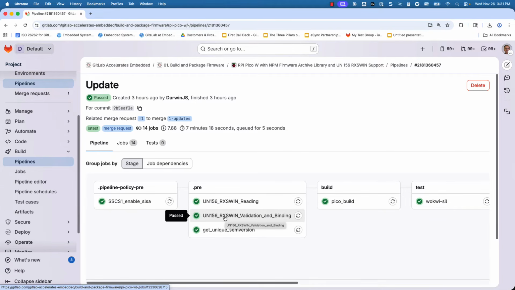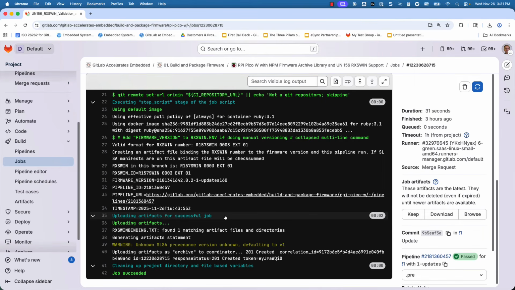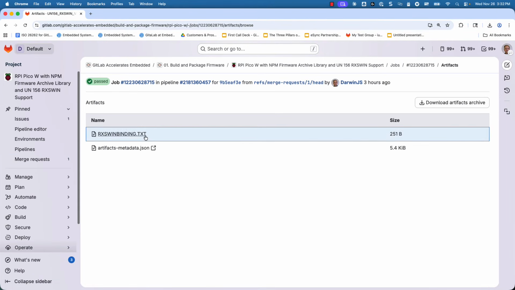Then we also do some validation. So we make sure it's a valid RXSWIN number, that it follows the format. And then we also do something called binding, which essentially means we take that number plus the firmware version, which is separate, and we're using a separate component in order to assign the version number, the pipeline ID, and a pipeline URL link, as well as a timestamp. We put those all in a file, and that file is collected by GitLab. And so it's right here,